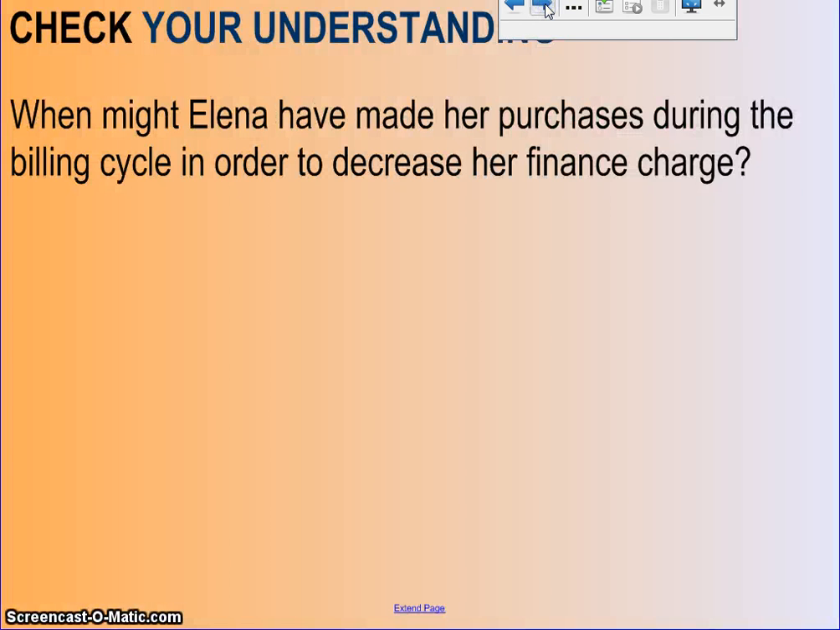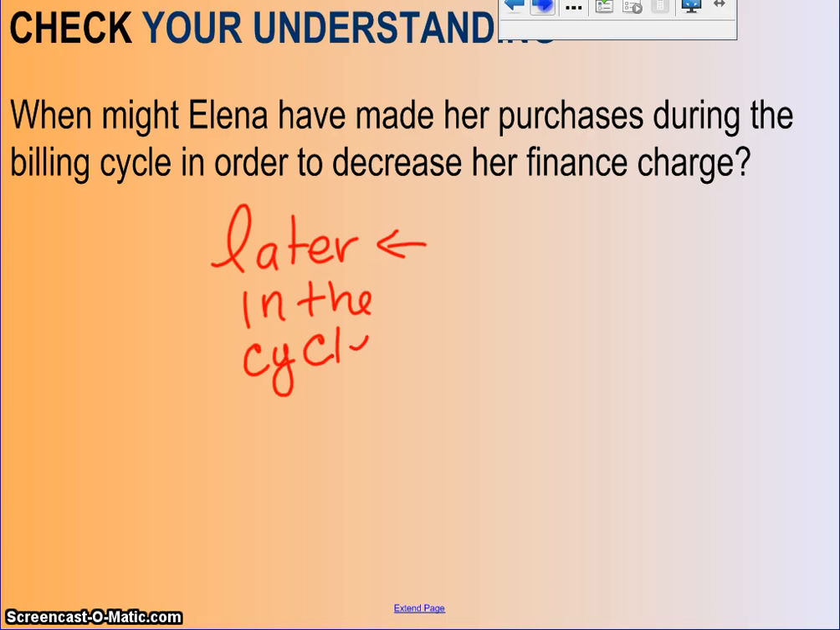All right, the next check your understanding. When might Elena have made her purchases during the billing cycle in order to decrease her finance charge? So this really is just the same as the last check your understanding, and it's got the same concept. The earlier the payment is made, the lower the average balance is. The later you make purchases, the lower the average daily balance is going to be. So you need to do it later in the cycle. And by doing that, you will decrease your average daily balance, which in turn decreases the amount of finance charge